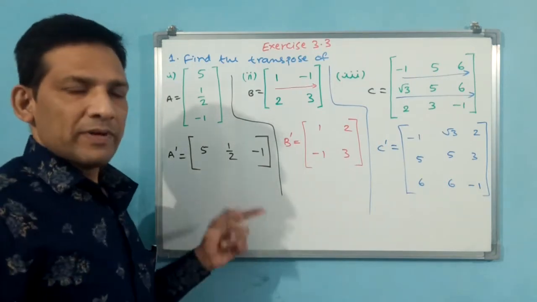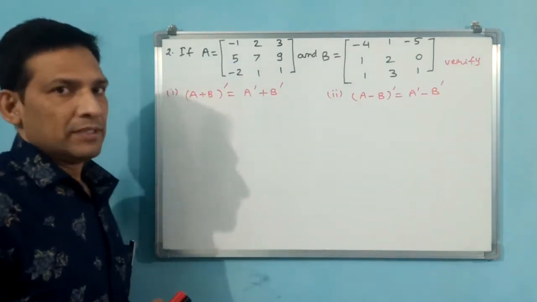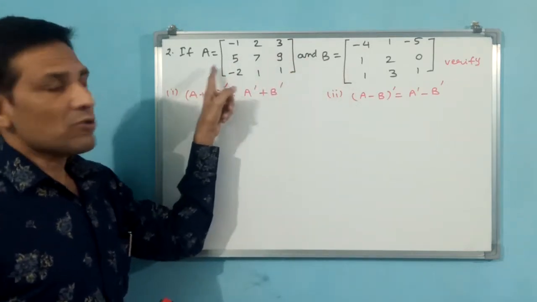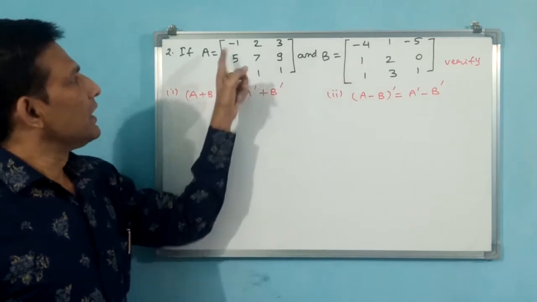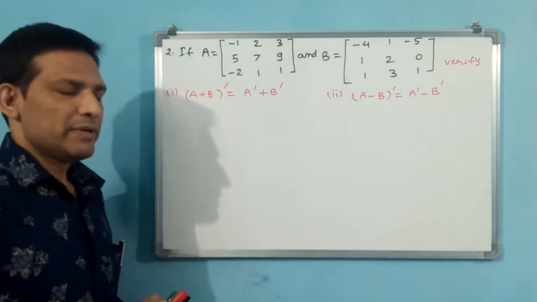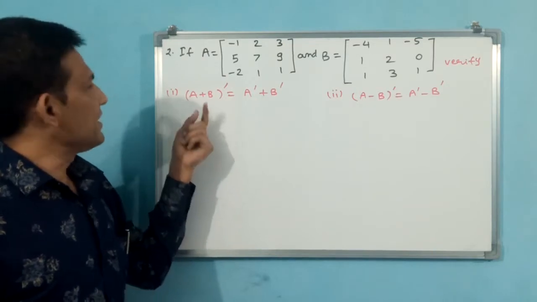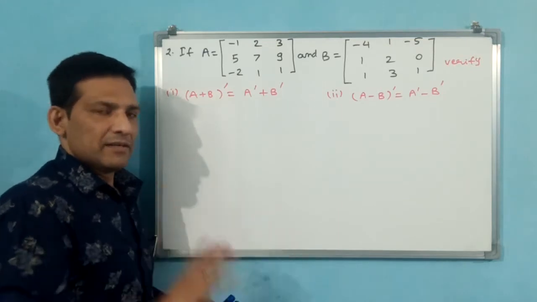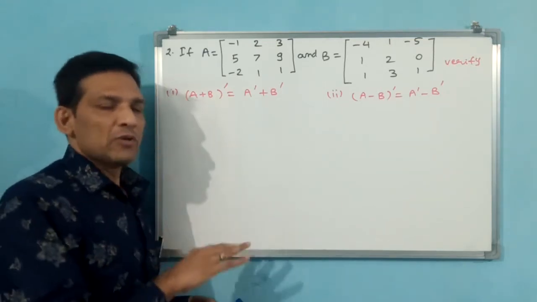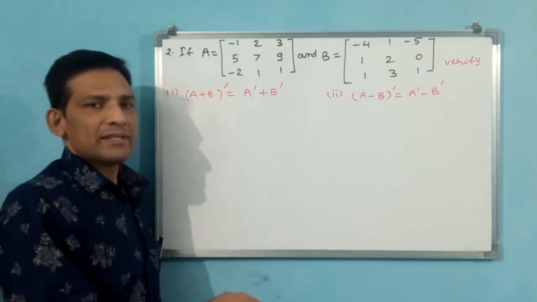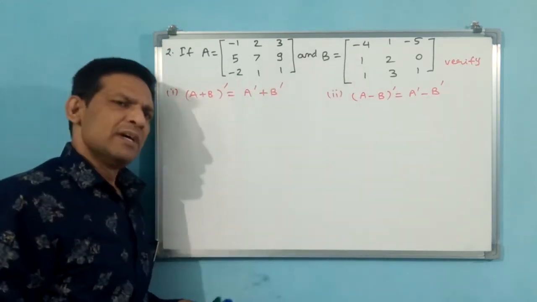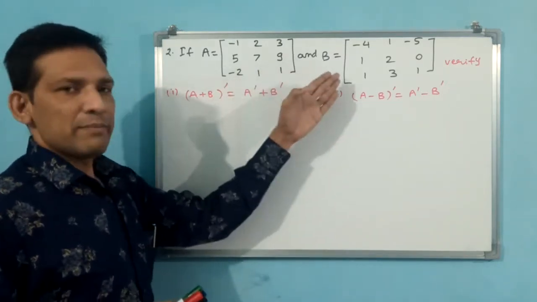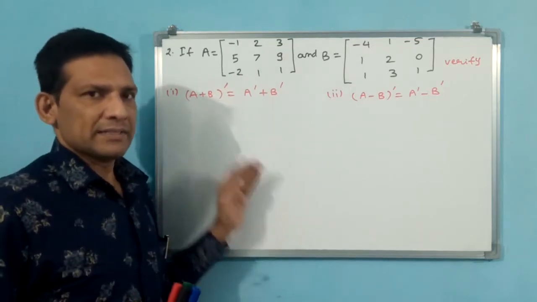Let us go for the second question. See the second question. The second question contains two parts, but the data is only one. A matrix they have given, B matrix they have given, and these two are 3 by 3 matrices. And this is a property. We know this property. We have verified this with a 2 by 2 matrix in the concepts. But I said 2 by 2 we will do in the exercise, all 3 by 3 are going to come. You see, now 3 by 3 has come. Now immediately we can grasp all concepts in a 3 by 3 matrix. See, 3 by 3 will be final for us in examination.